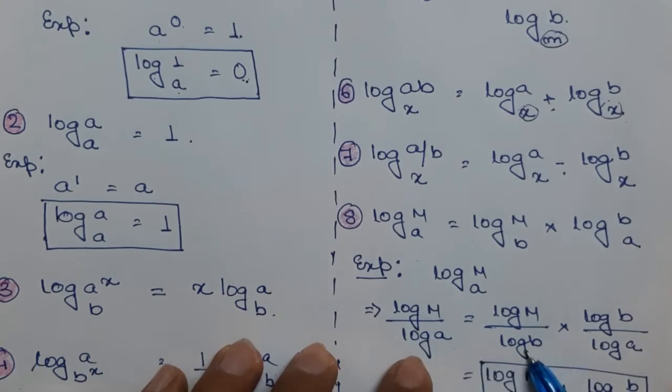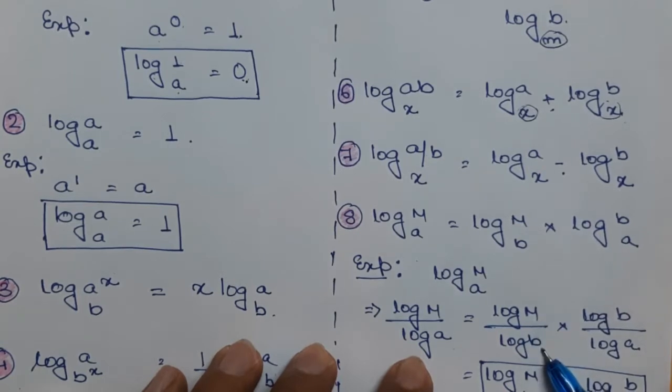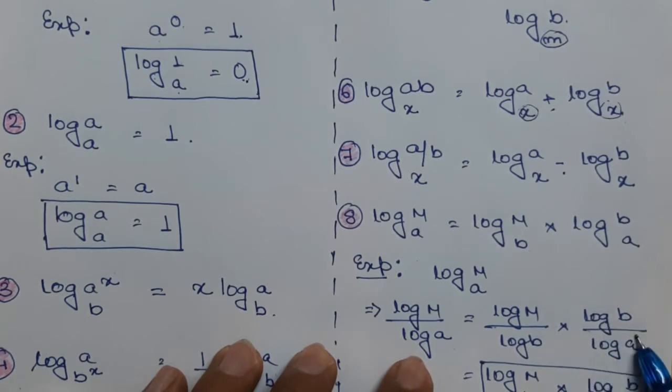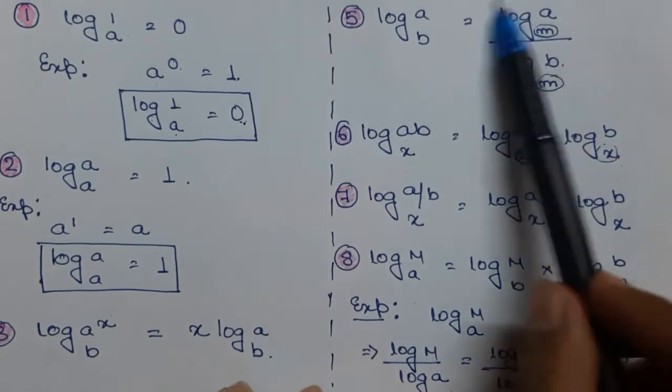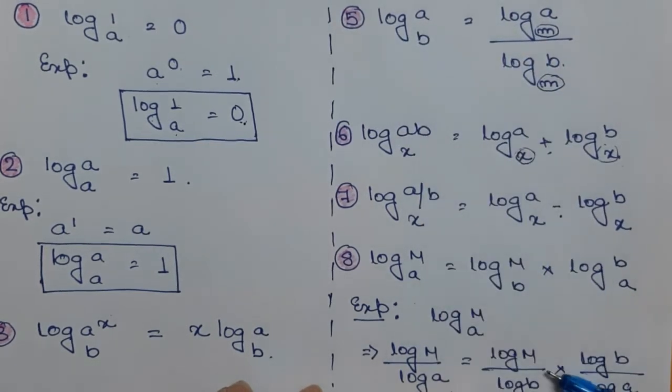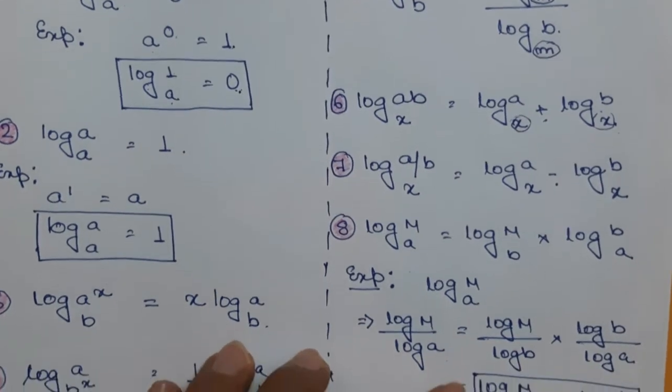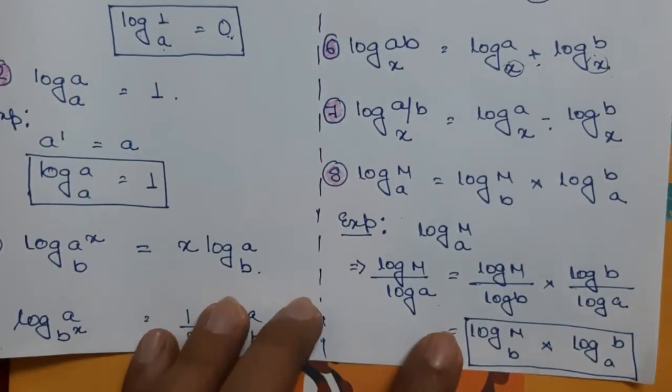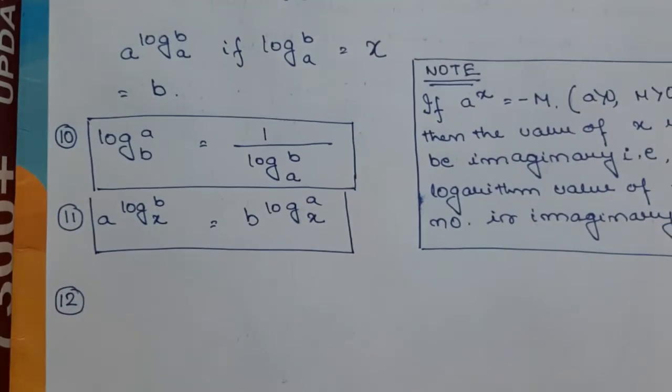So if we multiply and divide by log b on both sides, then it becomes log m to the base b into log b by log a. So this is written as log m to the base b, and similarly log b by log a is written as log b to the base a. I think you have understood this. These are some of the easy properties. Another property is,